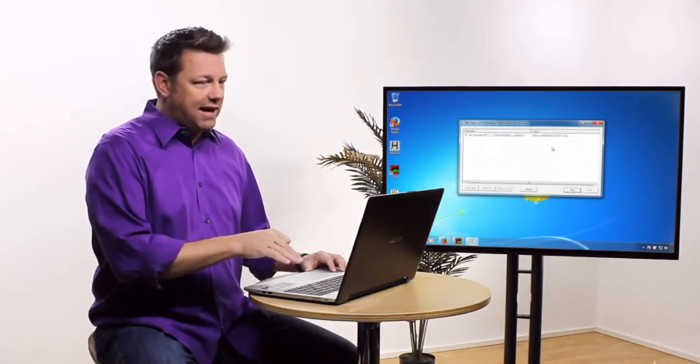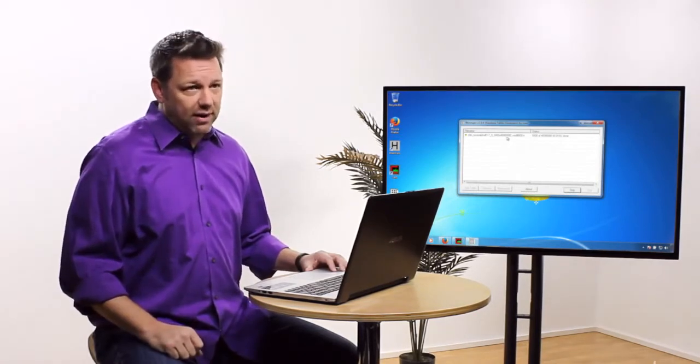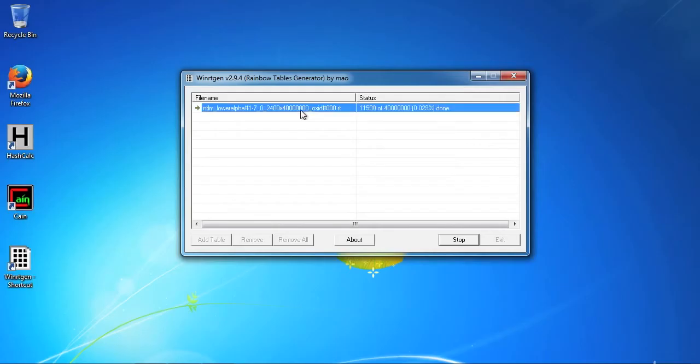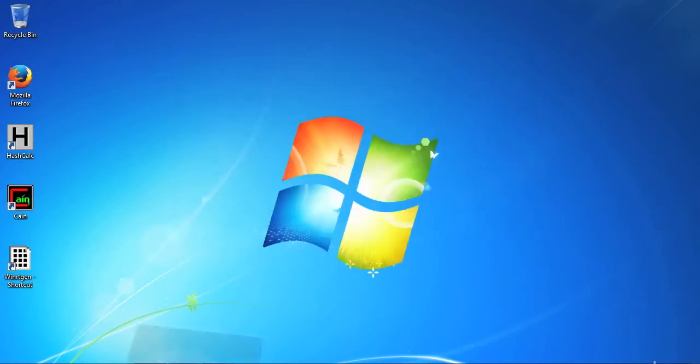Now, click OK down here, and we will see the generating of the rainbow table start. For this particular demonstration, we are not going to be able to wait for the rainbow table to finish creating because it will take many hours, and I'm pretty sure you don't have the time to sit around and wait with me. So for that reason, we will use an online cracker.